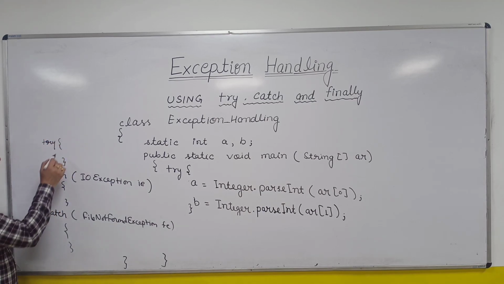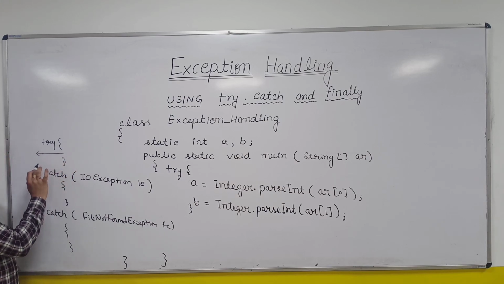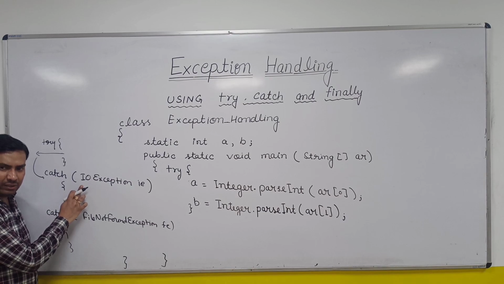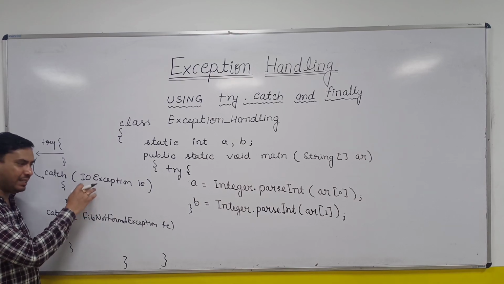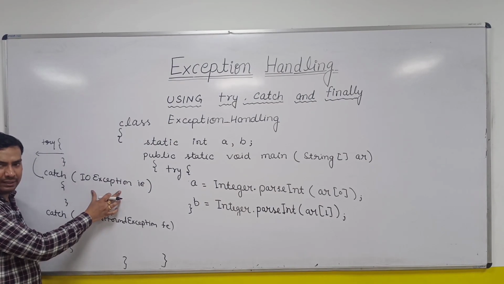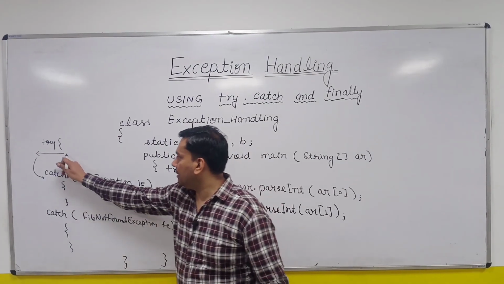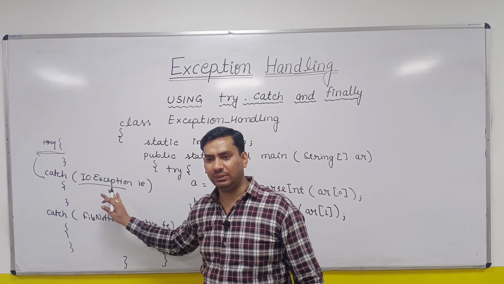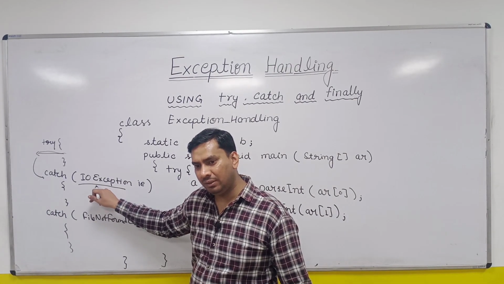What is the compilation error here? Just try to understand: even if the file not found exception is thrown from this try block, it will look for the catch block. It will ask, are you going to handle the file not found exception? It will say, yes, I am the parent of file not found exception, I can handle that, because child type can be taken care of by the parent type. You have already stated that a parent reference can hold the child object. Here the child object is thrown and the reference is of parent type, so it will say, okay, I can take care of it. So it will handle the file not found exception also.